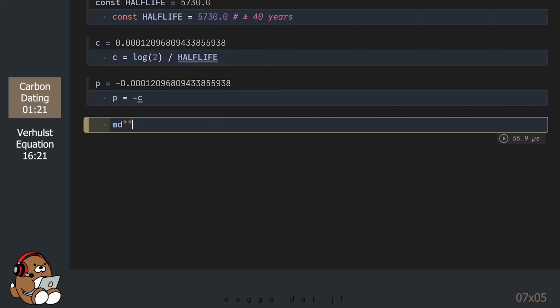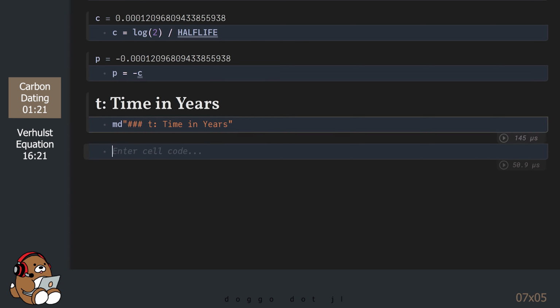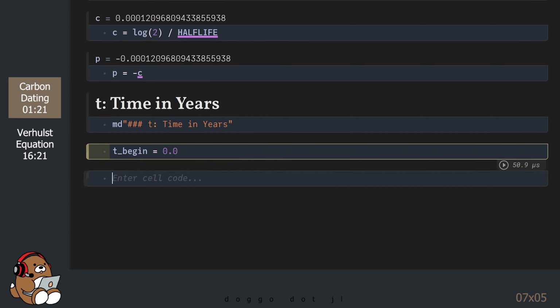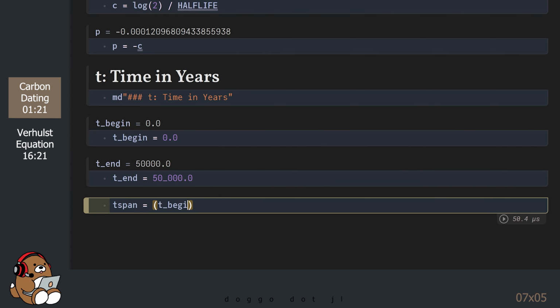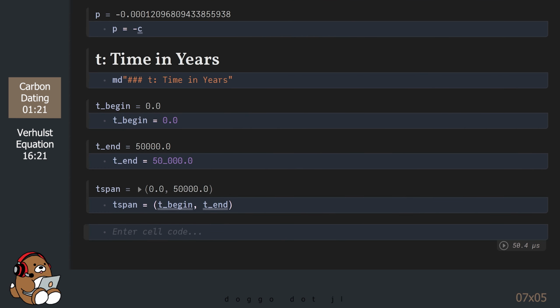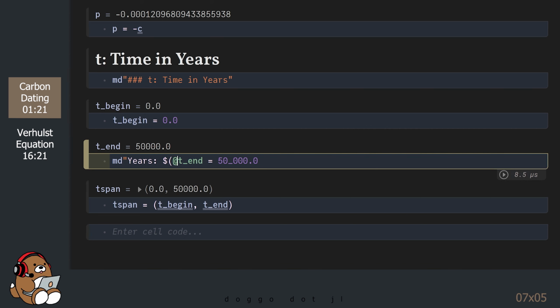Next, we need to assign the values for t, which is time in years. The only slider that we're going to set up for radiocarbon dating is for the ending time, so we can adjust the time span from 1 year up to 50,000 years.